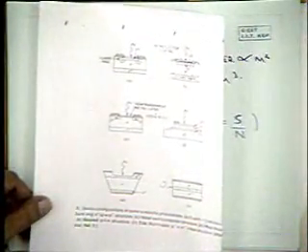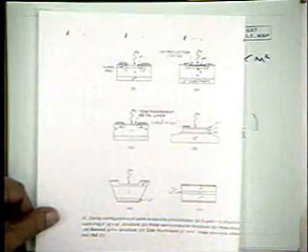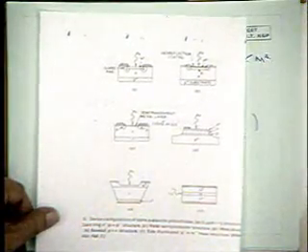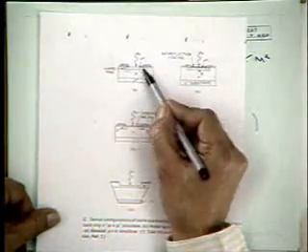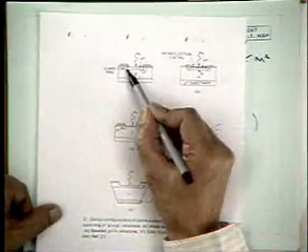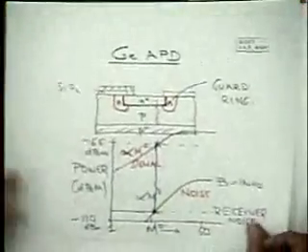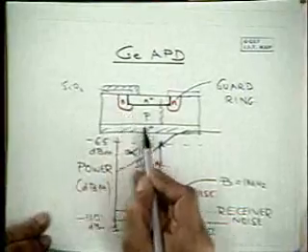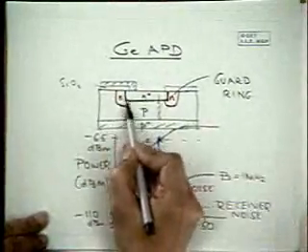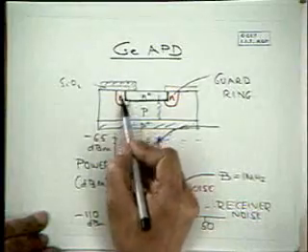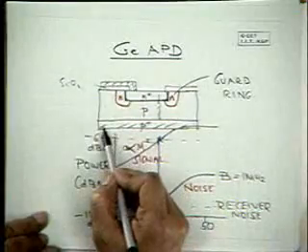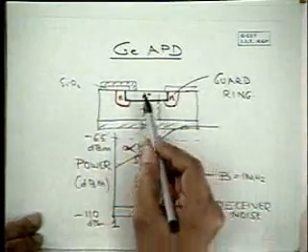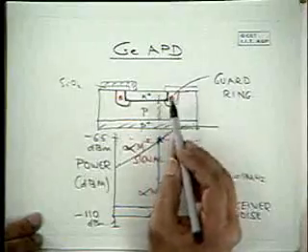If you take the N region as a half circle, we are reducing the radius of curvature. This N plus region, but it's difficult to make the whole region curved. So what we are doing is just this region. It can be done by diffusion or nowadays by ion implantation. You just ion implant in this area and diffuse. And as a result, remember,